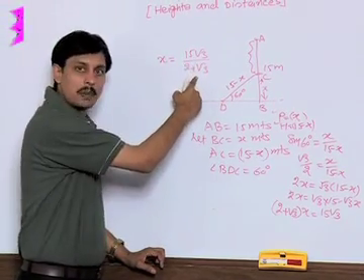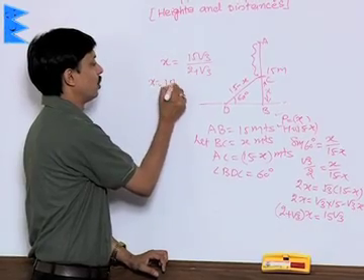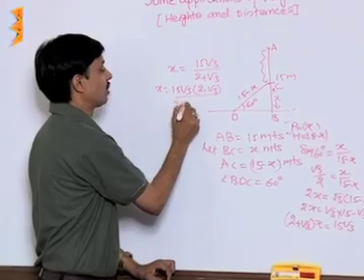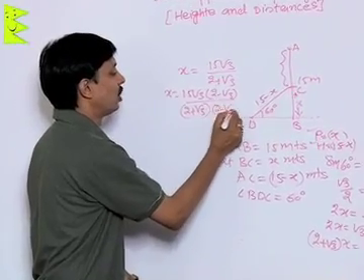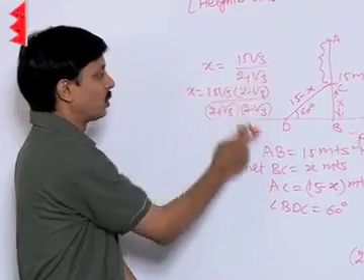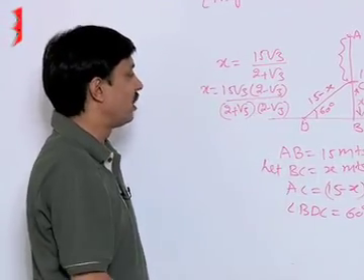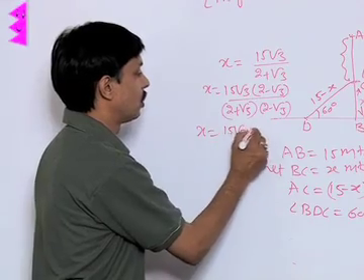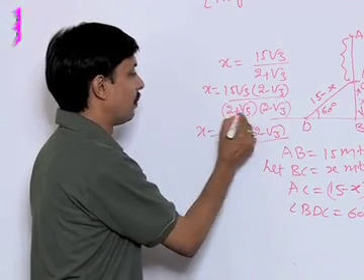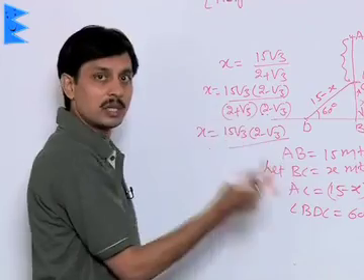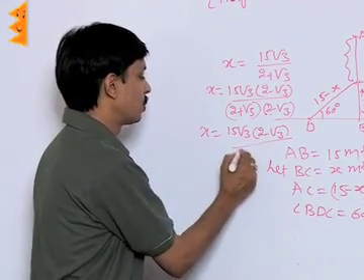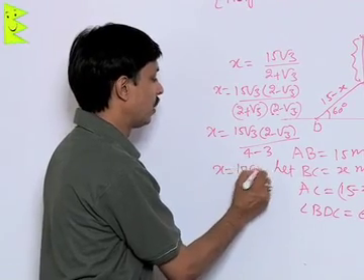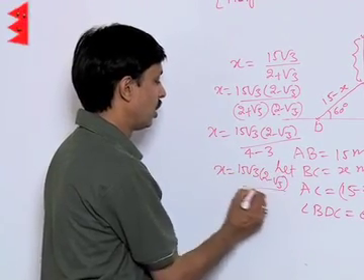Now we can rationalize this part. We will get x is equal to 15 root 3 times 2 minus root 3 upon 2 plus root 3 into 2 minus root 3. That is, the conjugate of 2 plus root 3 is multiplied in numerator and denominator both. So a minus b times a plus b becomes a square minus b square. That is, a square means 2 square, 4, b square is root 3 square, that is 3. So the answer of x is 15 root 3 into 2 minus root 3 upon 1.